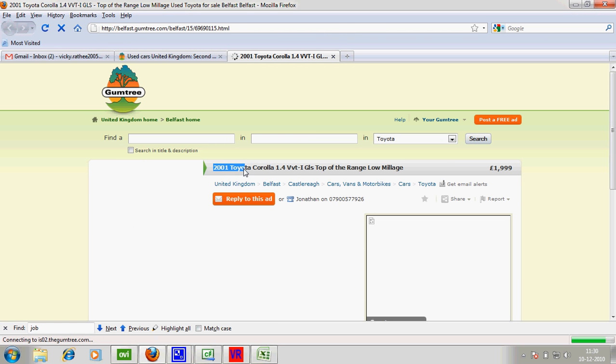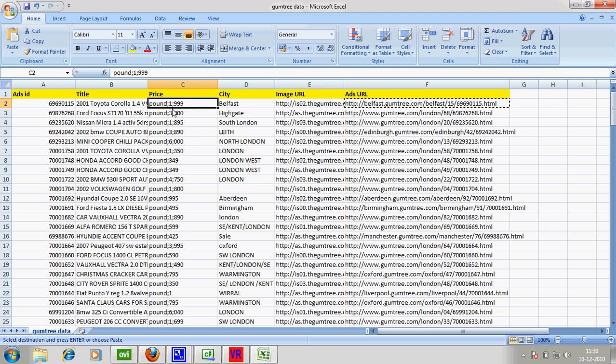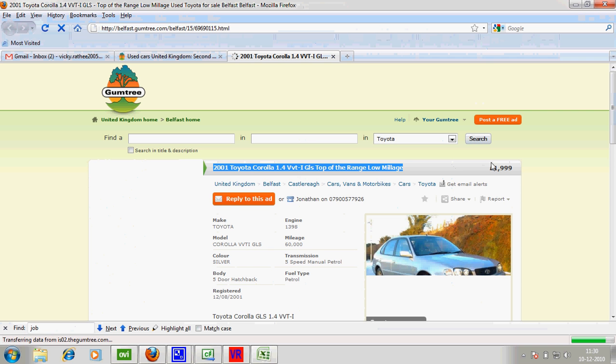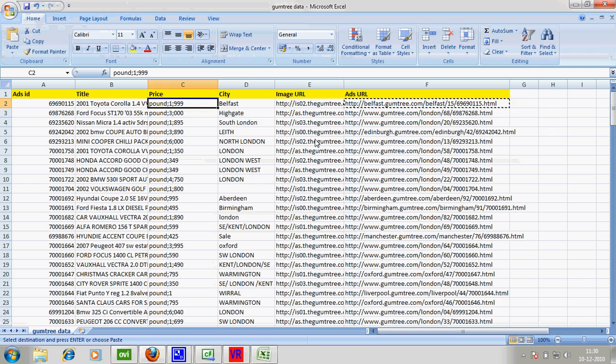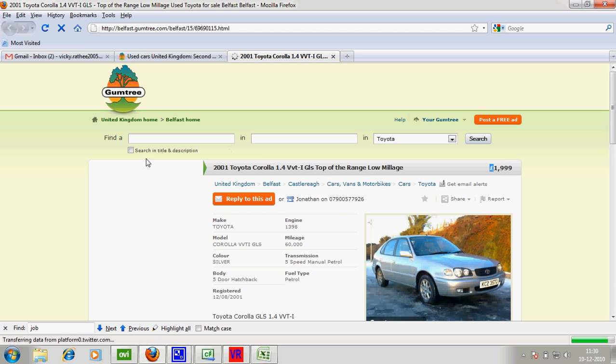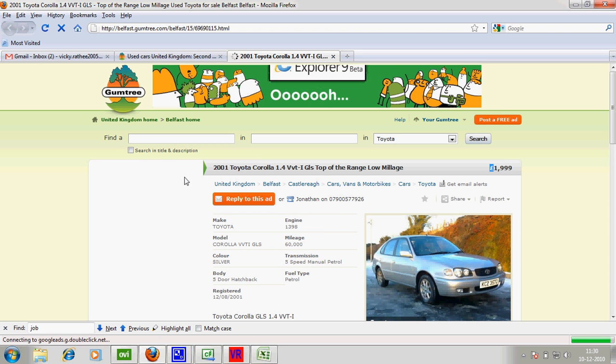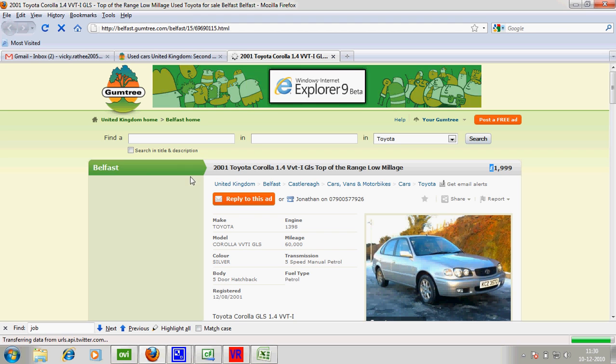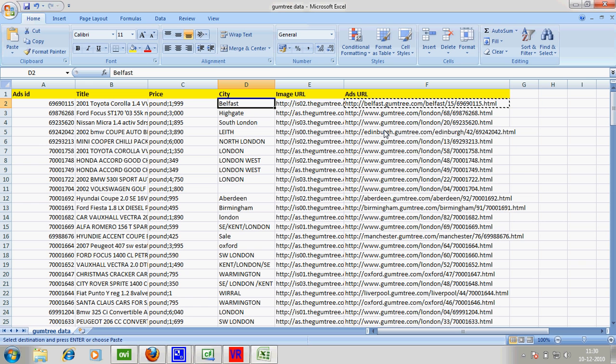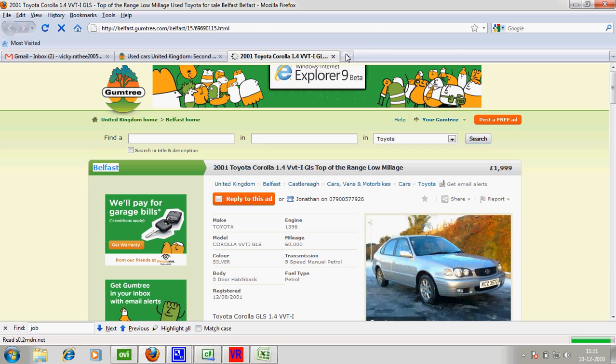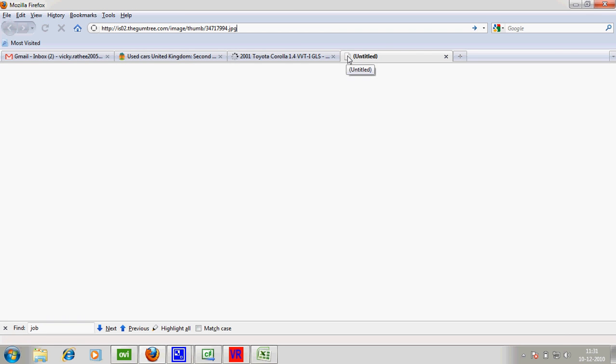Yes, 2001 Toyota Corolla. This is the title. 1999 is the price. Belfast is the city. And for image verification we will copy and paste the image URL, enter.